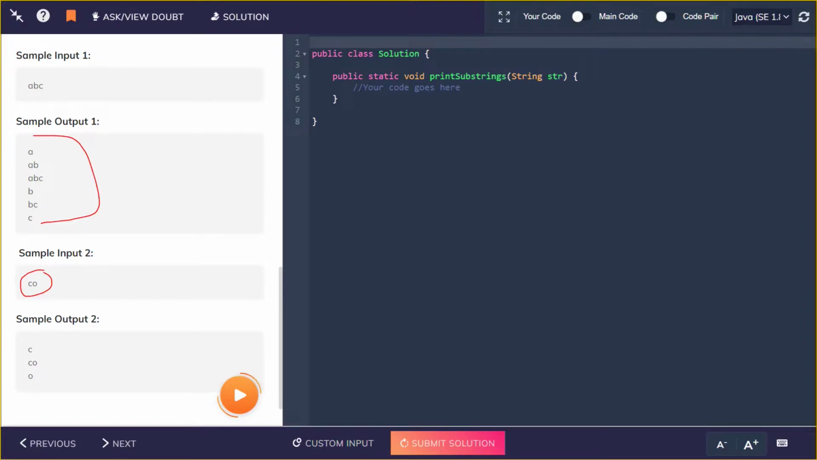So C first comes up, and then CO, and then the left one is O. So how are we achieving this kind of question? Let me explain the logic now. So we have ABC. Now we just need a starting letter